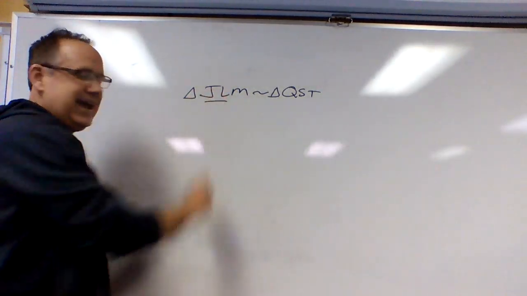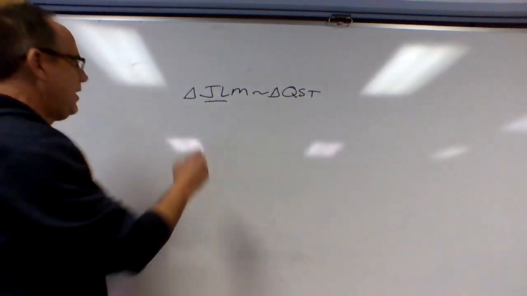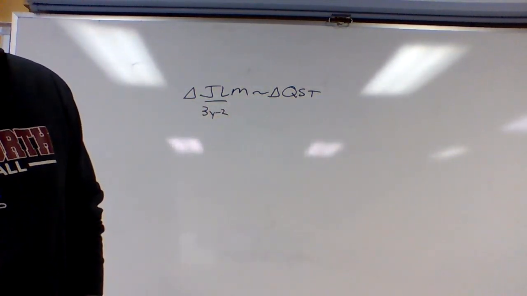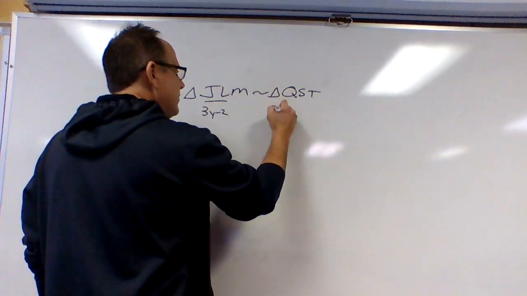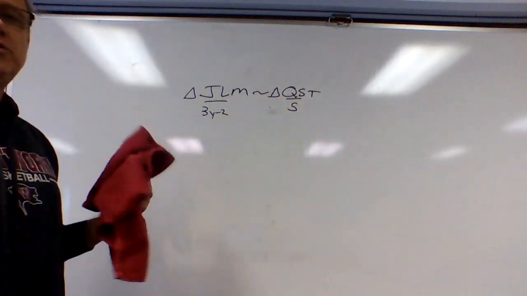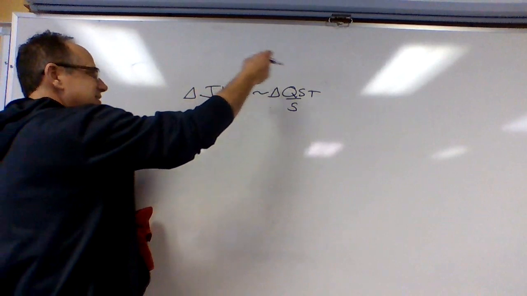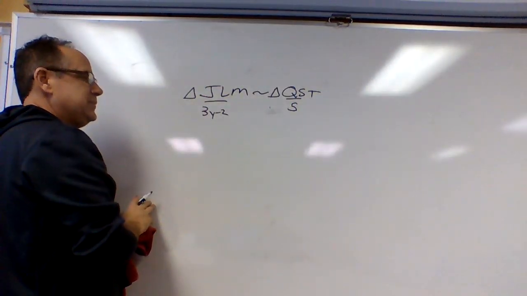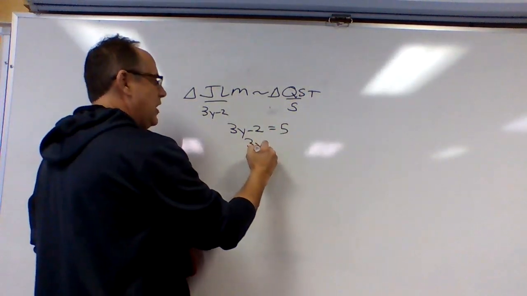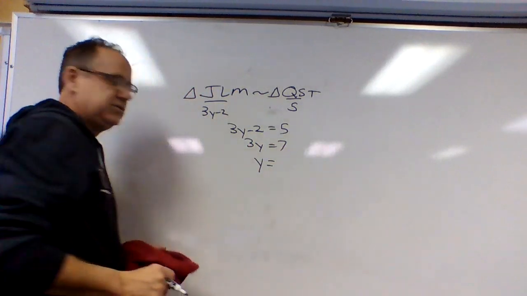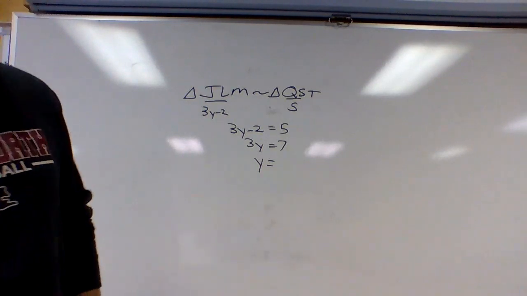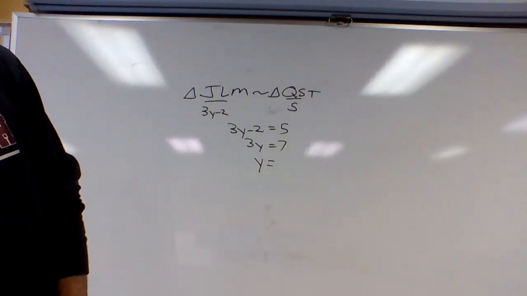Okay, so JL, we're shown, is 3y minus 2, and QS is 5. We know those are corresponding sides based on the similarity statement. All we do is put those equal to each other. Okay, 3y minus 2 equals 5, 3y equals 7. Y equals, what do we have? 3y minus 2 equals